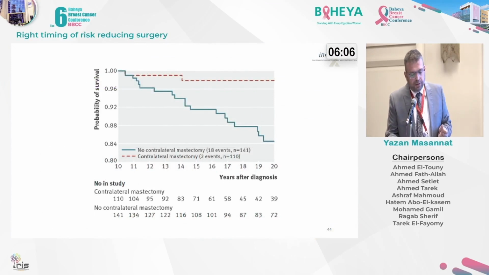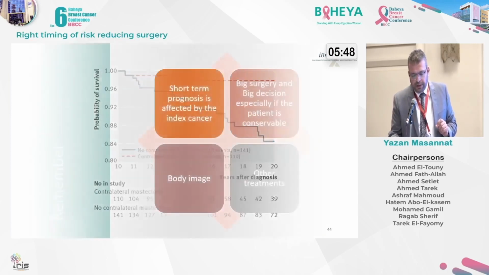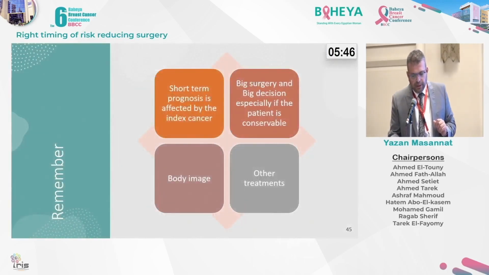And of course, if you have a breast, you're more likely to have breast cancer. If you don't have a breast, you don't have breast cancer. So looking at the possibility of survival 10 years beyond the years of diagnosis, you can still see that their survival is splitting. But still remember, the lower one is still in the 80%, so it's quite high survival anyway. So for me, you remember that the short-term prognosis,